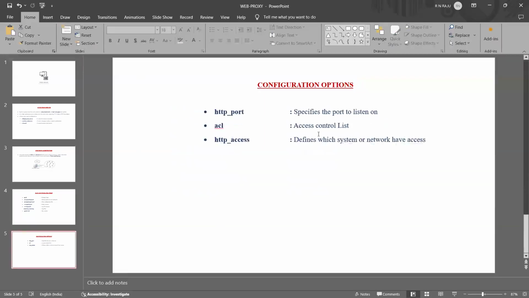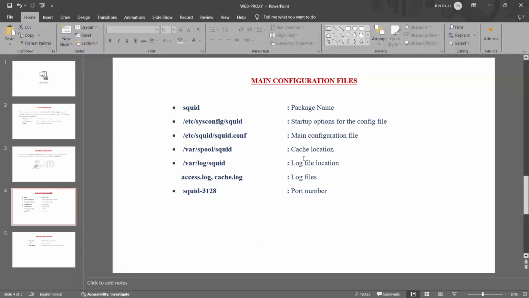And what are the main configuration options? Within the proxy server, http_port is required. Normally port number 80 is required to access a website, but the Squid server runs on 3128. And we have two important keywords, ACLs and http_access. So these three keywords are the main configuration file options. How to use these keywords and configuration files, I will explain step by step. Okay, so as usual,